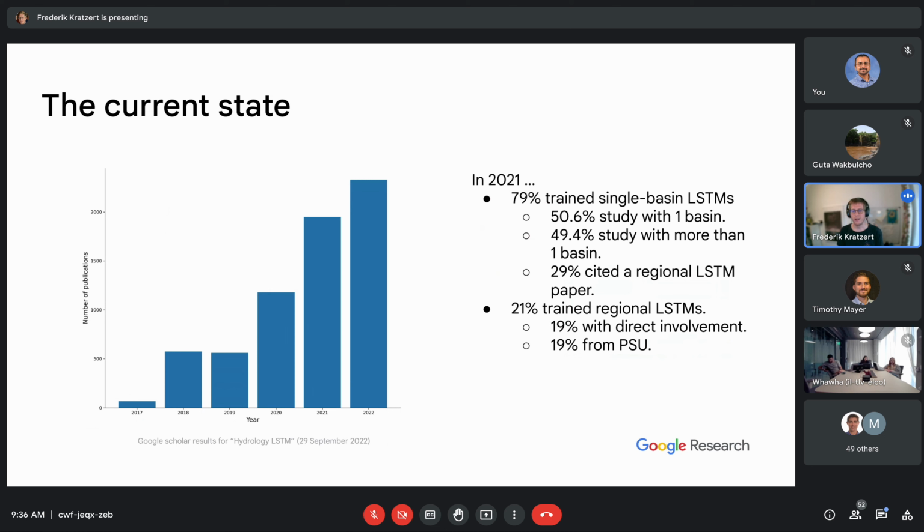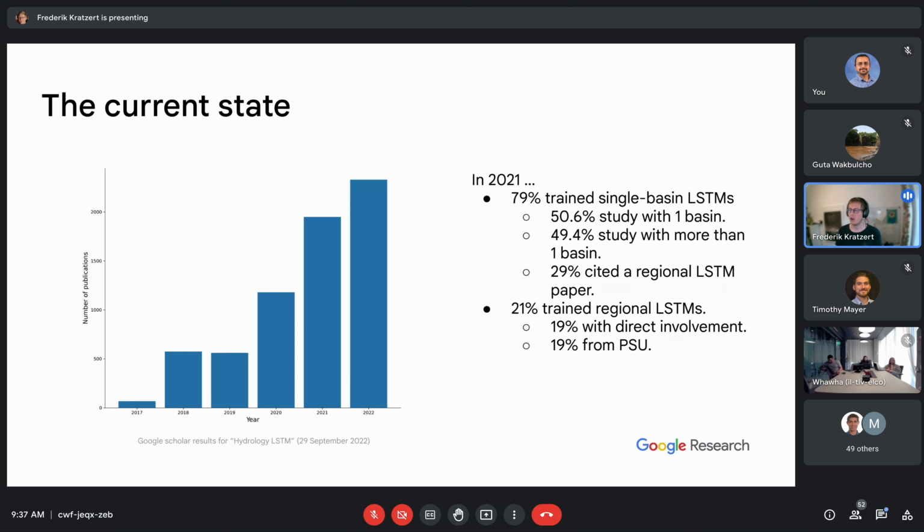So this is one of my last slides, and that's the current state of publications in hydrology. I think you have certainly seen that the number of publications including LSTMs is increasing by a lot over the years. And we did some literature research over a subset of papers being published in 2021.